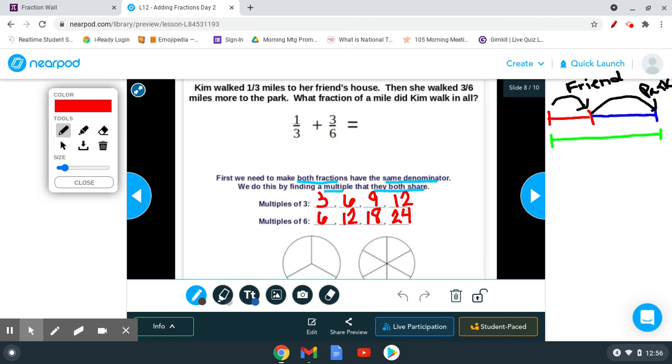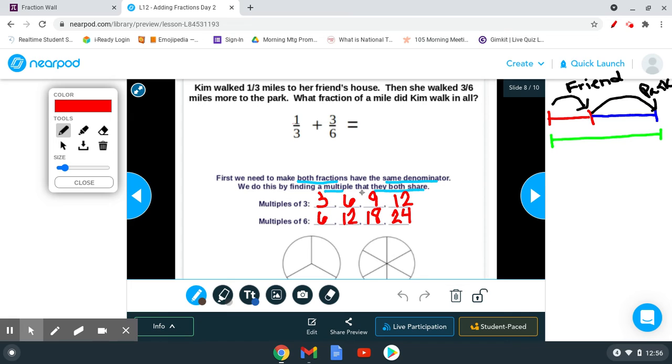If you haven't already written this in your own Nearpod, again, push pause on the video, write this in your student-paced Nearpod so that way you can do this as well. Splitting your screen is a really great way where you can watch the video on one side of your screen while you interact with your Nearpod on the other. So